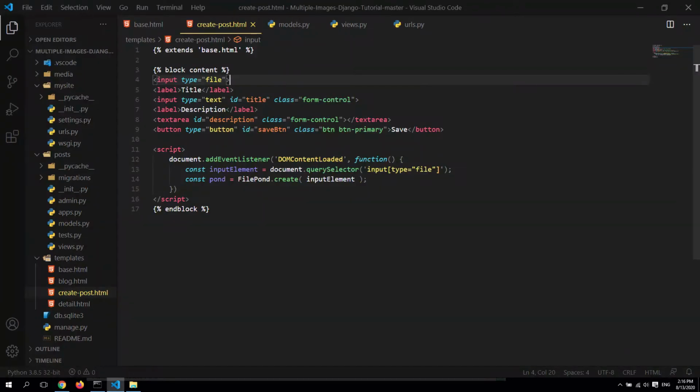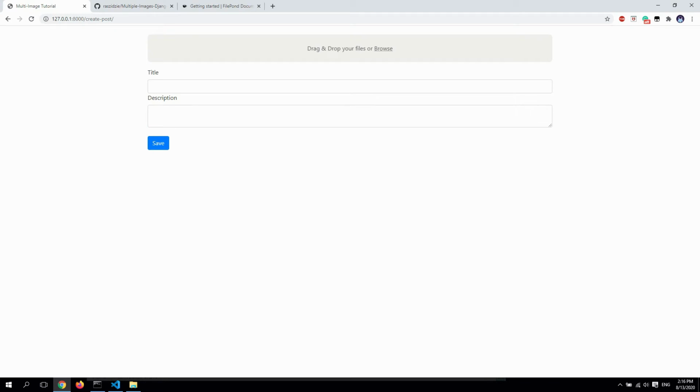Let's refresh the page and see what happens. Yes, that's it. Let's give it a bit of margin like that, mt-4 for example. Yes, that's it. Now the first main part is starting. We should configure the FilePond to accept multiple images. Actually, in documentation